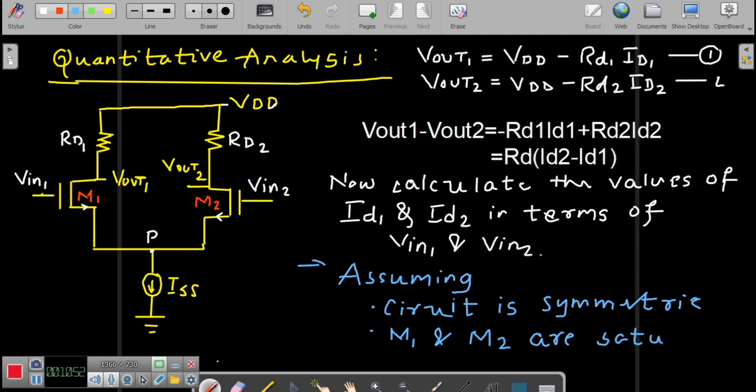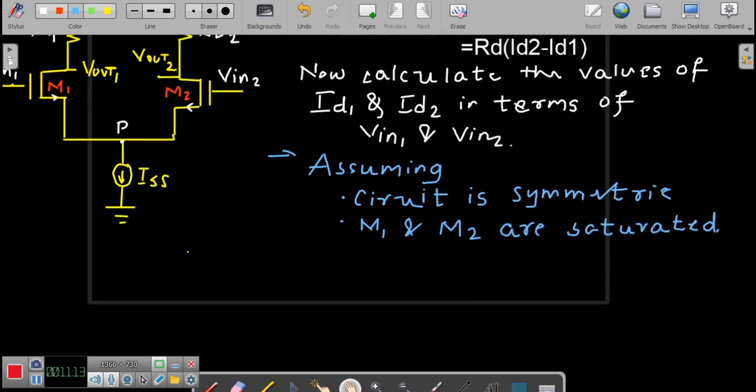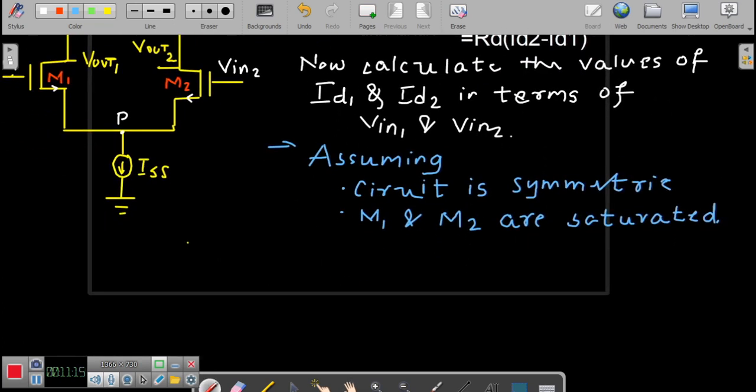What do you mean by saturated? They are operating in the region of saturation, right? So for which we have got the different expressions for the current ID, which I had deliberately not given in the previous class. I had told you that I will be giving those expressions in your subsequent classes, right? So now we are assuming the operation of these two transistors in the region of saturation, and you have got